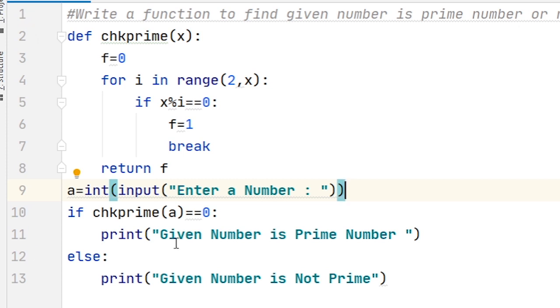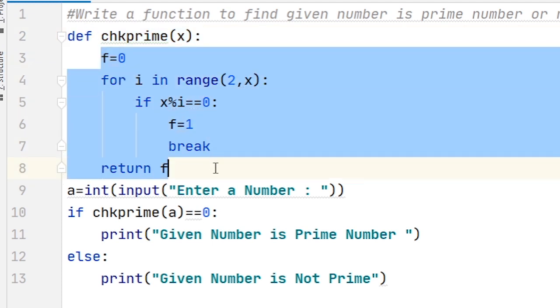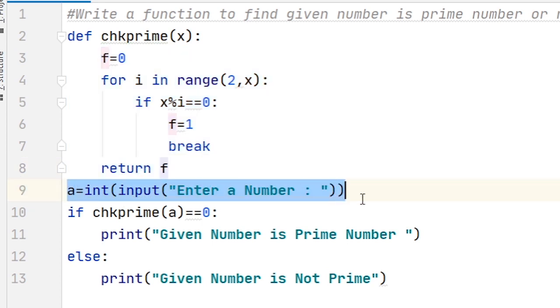to line number 13. If we talk about the flow of execution of this program, the execution always starts from line number 1. Because line number 1 is a comment, it is ignored by the interpreter. When line number 2 is executed, because it is a function header, the entire function body, from line number 3 to line number 8, is ignored, and the controller jumps to line number 9 and executes it.